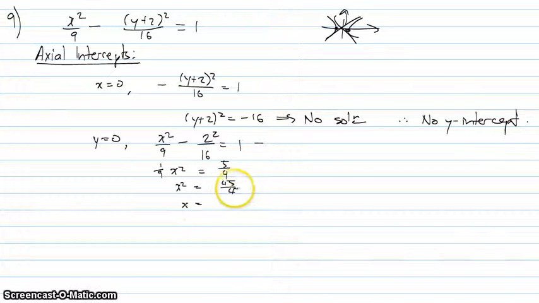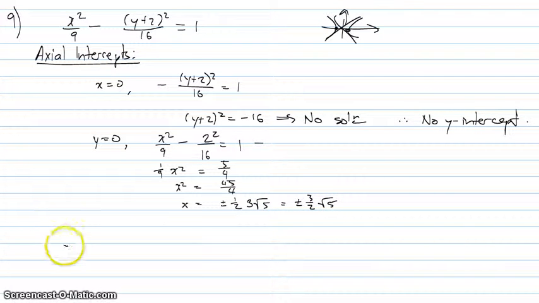You get x equal to plus or minus 1/2 square root 45. Square root 45 is 3 root 5. So that's plus or minus 3 over 2 root 5. So that's our axial intercepts. Our vertices,